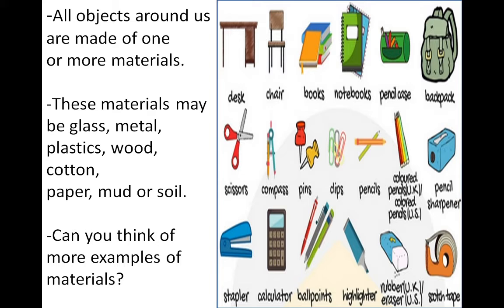Let us consider your pencil. It is made up of wood, correct? Inside that wood there is lead, which is a combination of clay and a substance called graphite, and paint. You have seen your pencils are in different colors. Then your eraser is made up of rubber. Your book is made up of paper, ink and glue. A knife is made up of steel and wood, or steel and plastic. So many things are there.